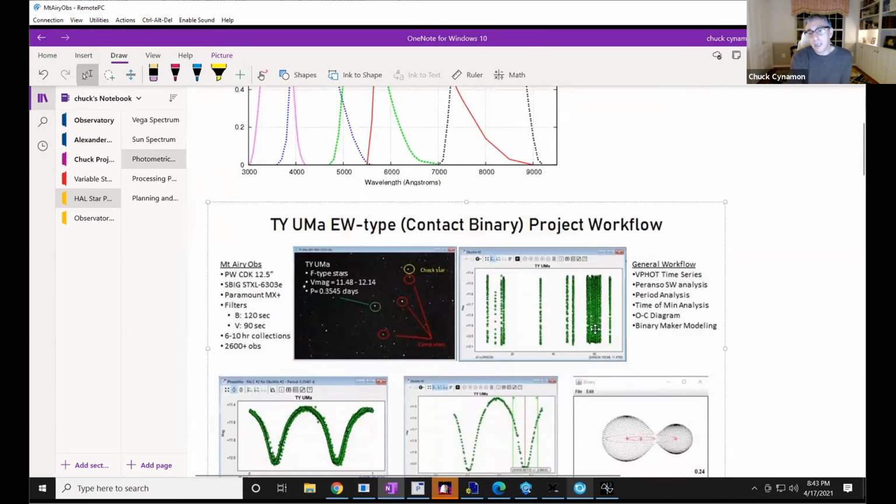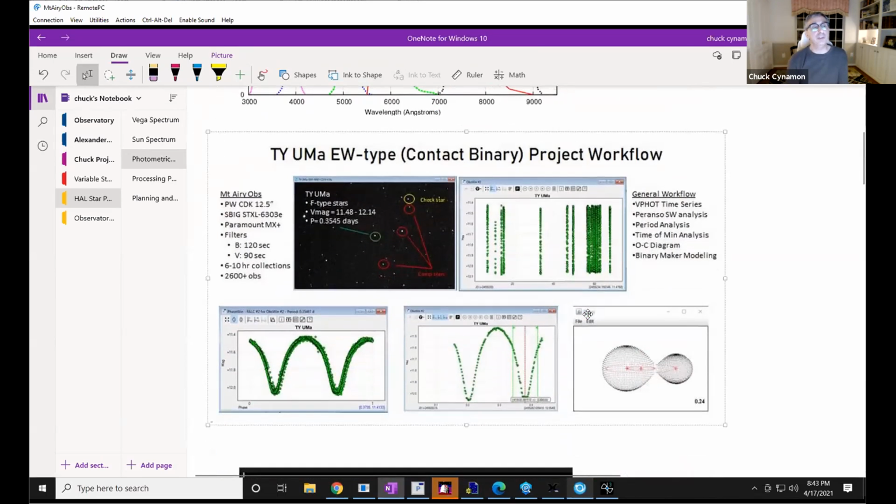And so as I continue on later tonight, I'll tell you about how I go plan a project, execute it, and process it. I'm going to share with you my journey through this particular project, where I was interested in looking at two stars that are rotating around each other in a very short period of time, on the order of about 8 to 8.5 hours. They are rotating around each other, and taking different spectrum, both a B and a V filter.